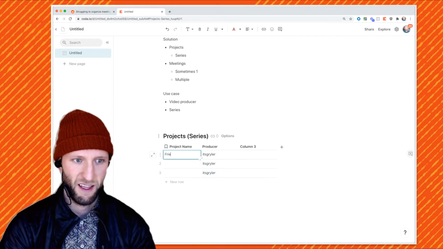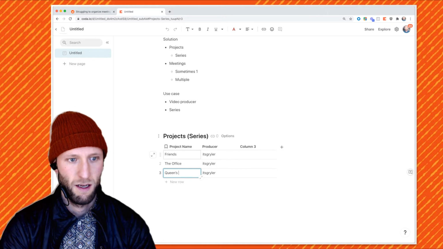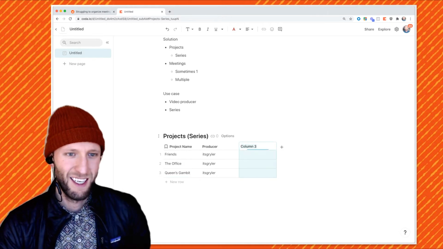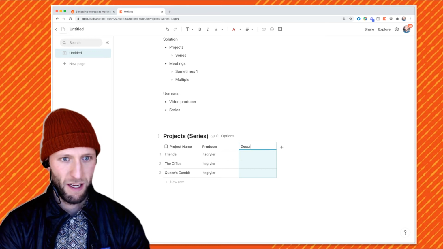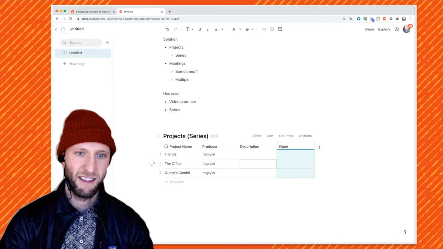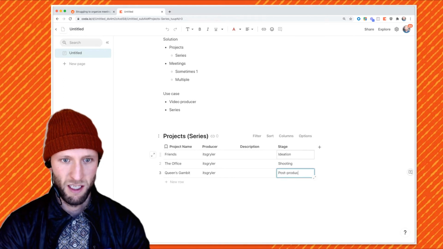Project name. Just putting in some random things here. We probably have a description, and then we would have the stage that it's in the production pipeline. So maybe we're just in the ideation, maybe we're shooting, maybe this is post-production.